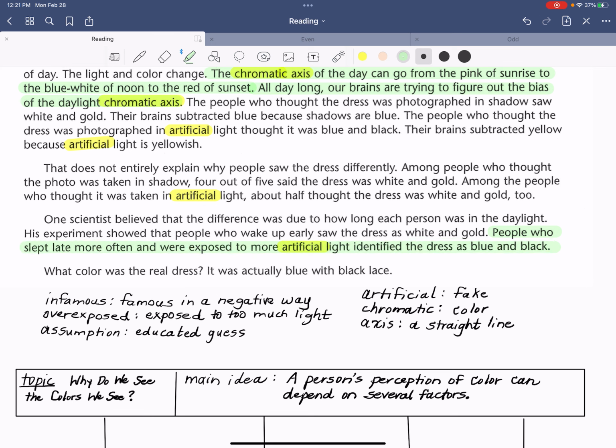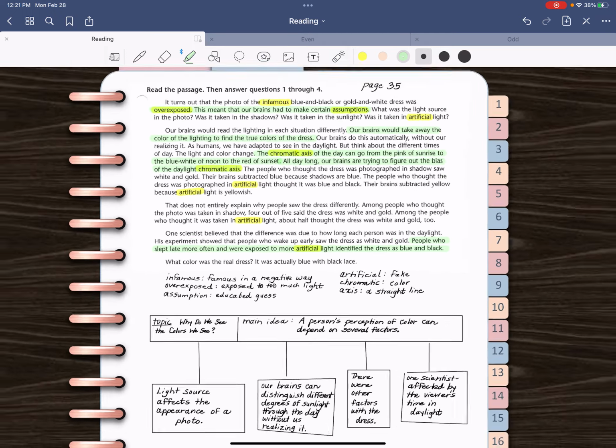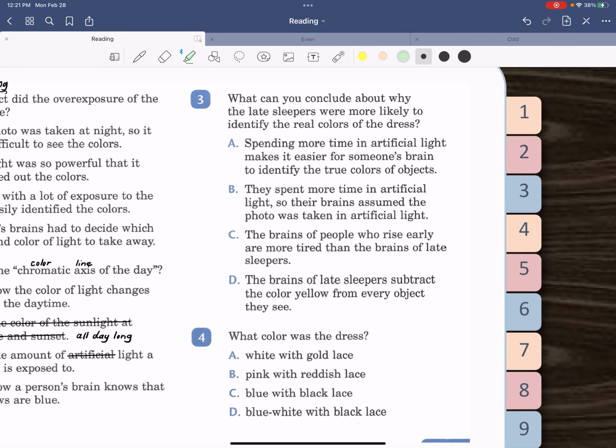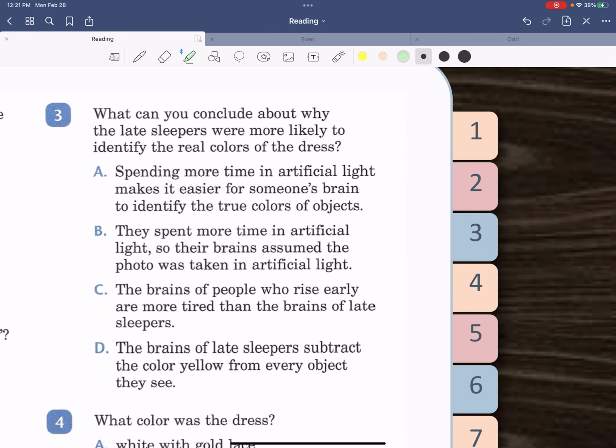So there seems to be a connection in sleeping late, which means that you're exposed to more artificial light. Think of the person who works night shift and they sleep during the day. So the only light they're exposed to sometimes is late in the afternoon or at night when we have artificial light. I'm going to go with B,